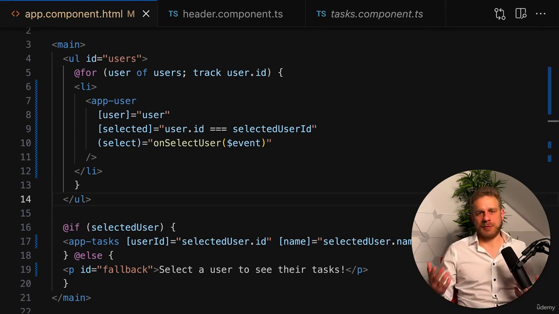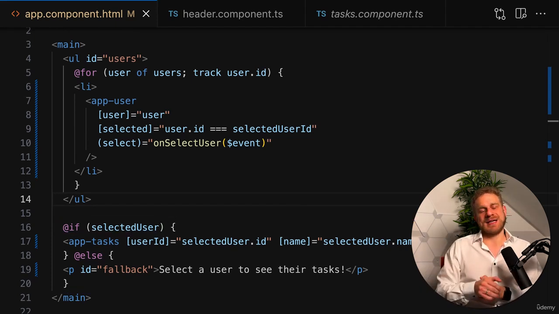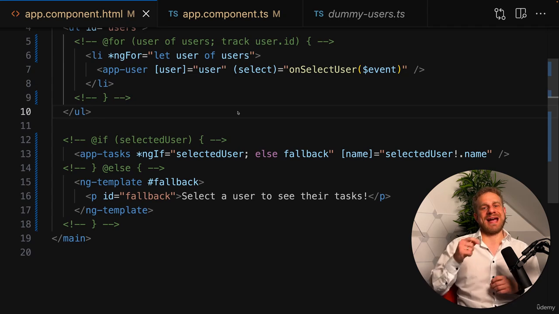Though this signals approach is only available since Angular version 16, and therefore in older Angular projects you, for example, can't use it. Now, it's also quite common that, for example, when some data changes, you want to render some content conditionally, only if a certain condition is met. And you can do that in Angular by using the @if template syntax, which also, however, is only available since Angular version 17. Before that, you had to use the special ngIf directive, which was a bit more clunky to use,